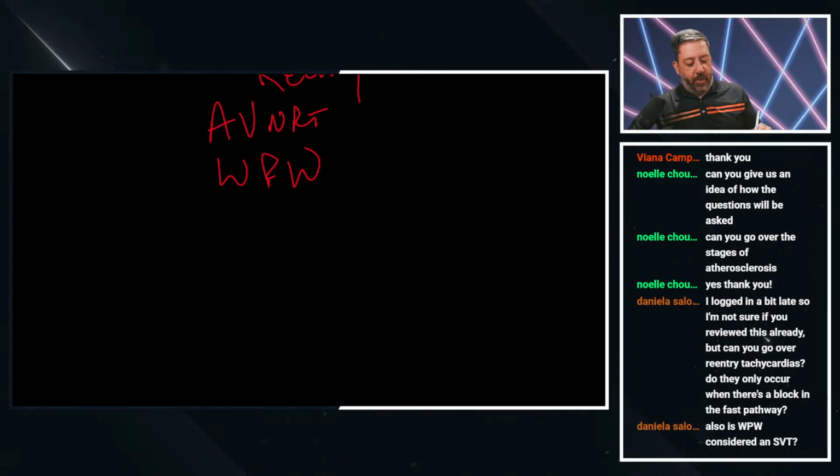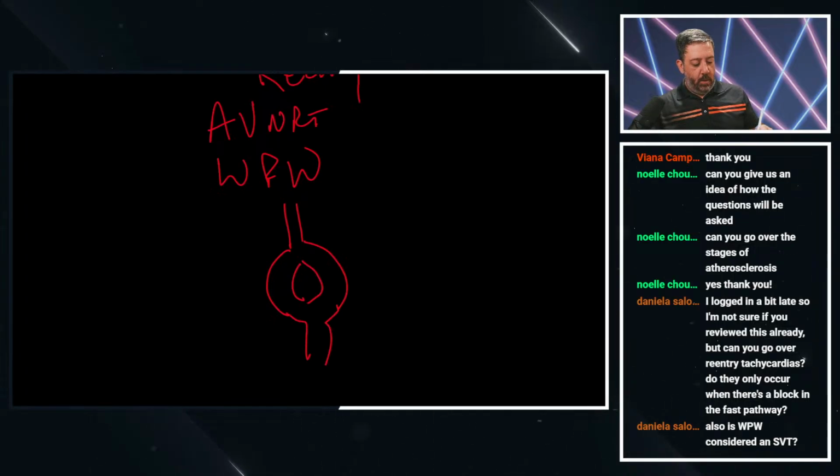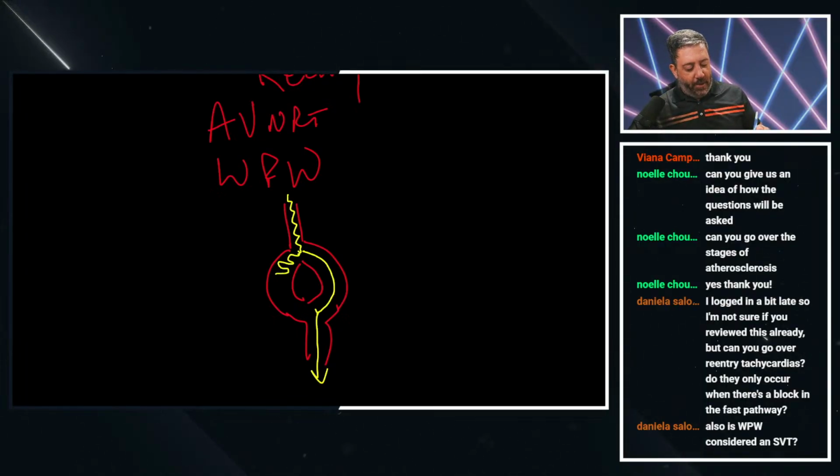The whole thing is, when the impulse comes down, the action potential comes down, it's going to go down the fast pathway really fast and then get through the AV node down to the ventricle. But then we have a slow pathway. The slow pathway meanders around, takes its time, does its own little thing. But when it gets here,